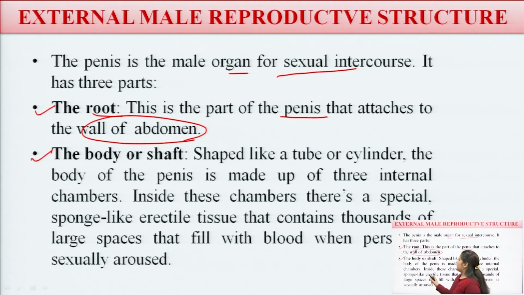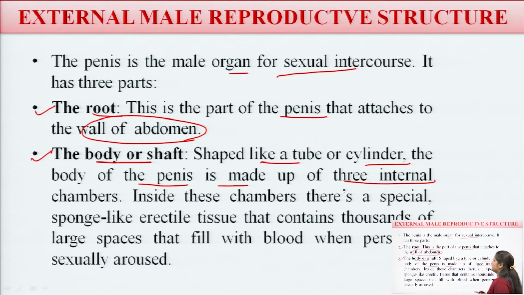The body is shaped like a tube or cylinder, and is made up of three internal chambers. Inside these chambers there is spongy erectile tissue, due to which the penis will erect during intercourse. The erectile tissue contains large spaces that fill with blood